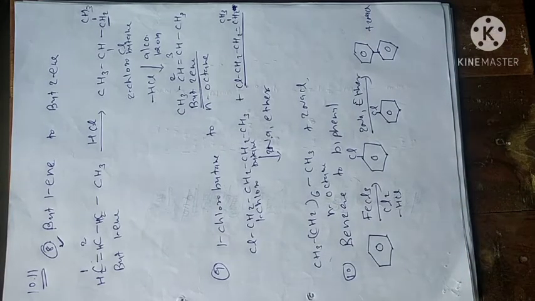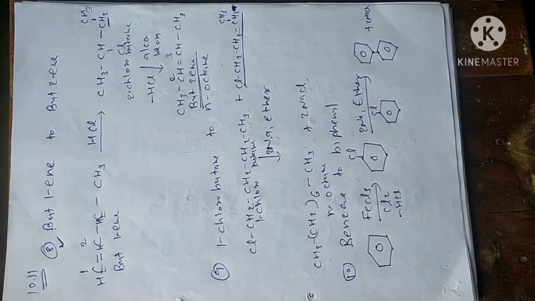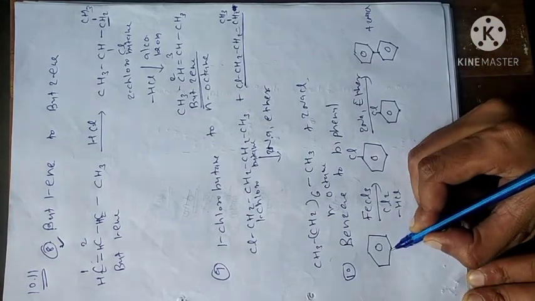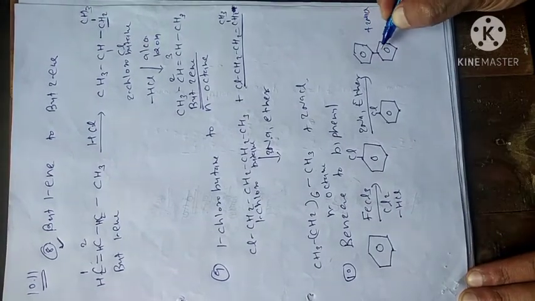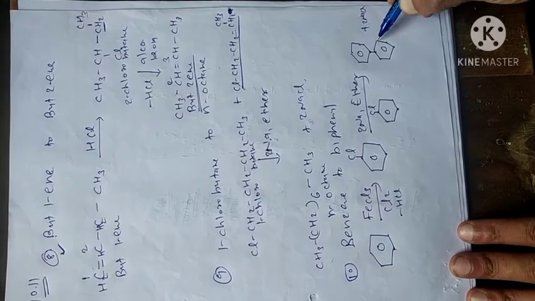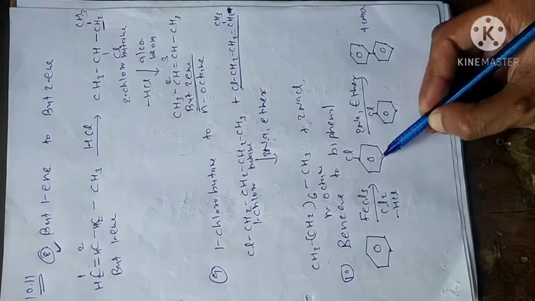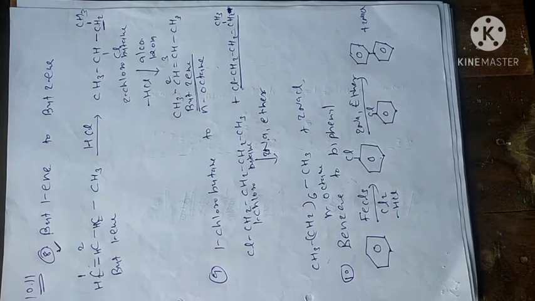Number 10, benzene to biphenyl. Now in our book there is only one reaction that gives us biphenyl. That reaction was Fittig reaction. So you can see benzene is there, that is our starting material, and biphenyl means 2 benzene rings attached directly. Now to attach them directly, what we are going to do here? We are going to use Fittig reaction, and in Fittig reaction the starting material was chlorobenzene. So first we are going to make chlorobenzene from benzene, then use Fittig reaction.